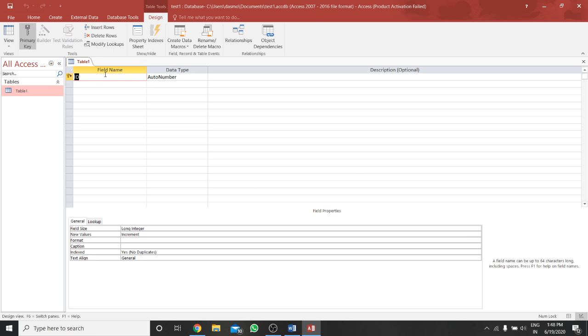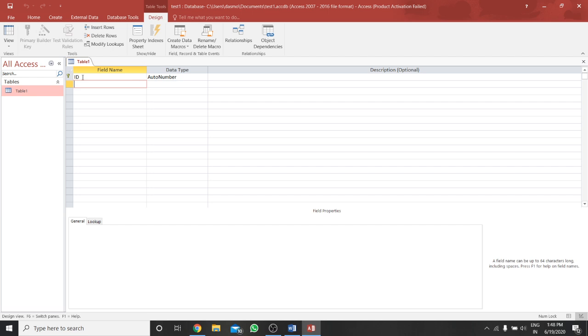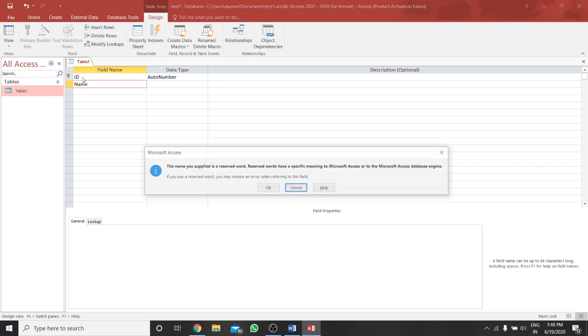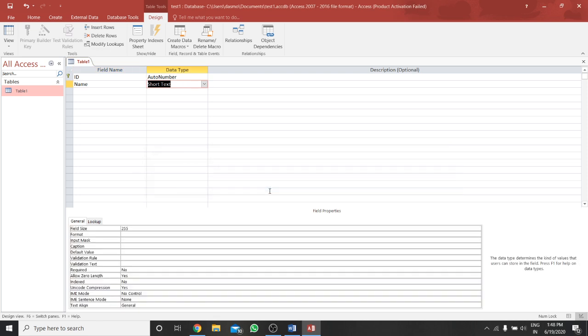You can see, for example, I am taking a field name as ID, then you can see the data type is AutoNumber because it is the primary key. Then I am writing another field, Name, and the data type I am typing as Long Text.